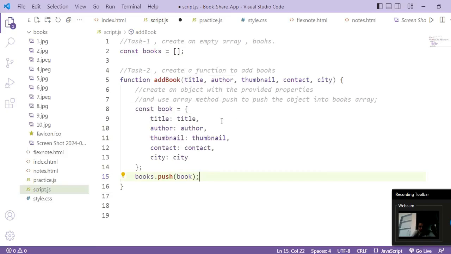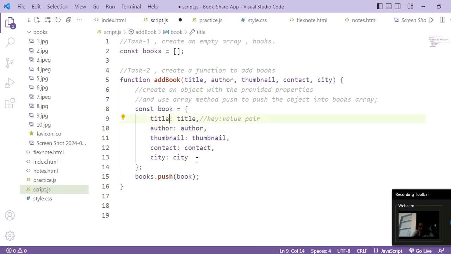So here these parameters are the properties for this book object. And here the first, title, is the key and the second one is the value. So if you want to comment here, you can comment key-value pair. Okay, so this is your key-value pair. Here the value will be the same as the parameter, and the key can be a different name. If you are getting confused, you can write it as title1, author2. So this will not affect the program.